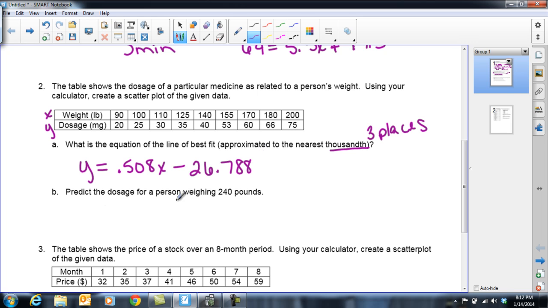Now we're going to predict the dosage for someone who weighs 240 pounds. Which means I'm just going to plug in 240 for x. I can do the table function like we did a minute ago on this, but I don't really want to scroll down to 240. 240 in for x. So we're going to go y equals 0.508 times 240 minus